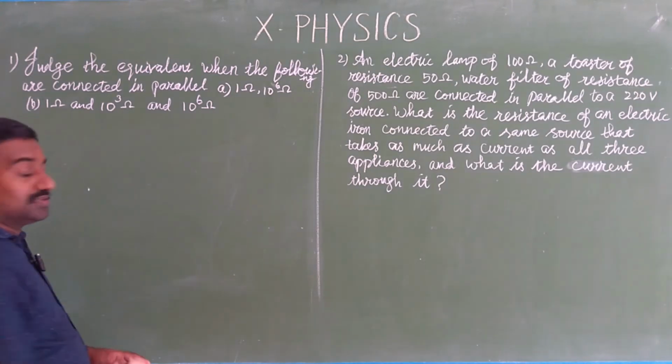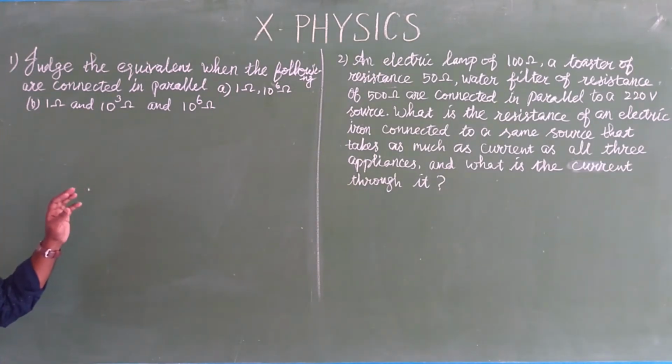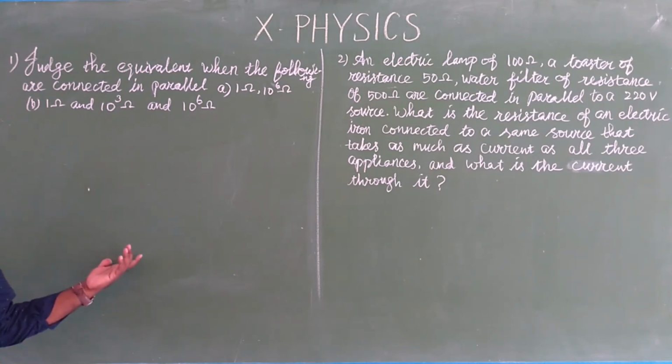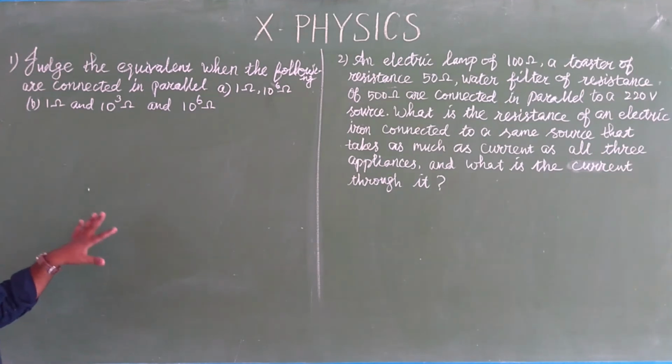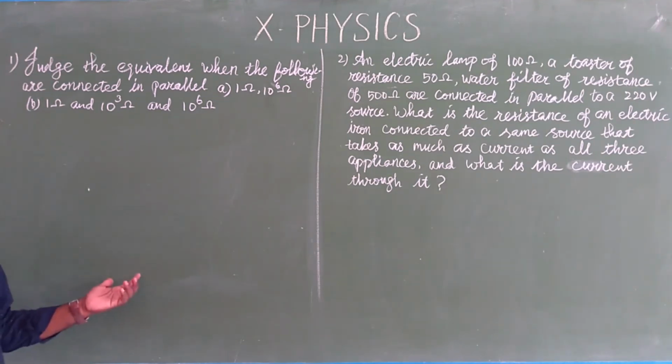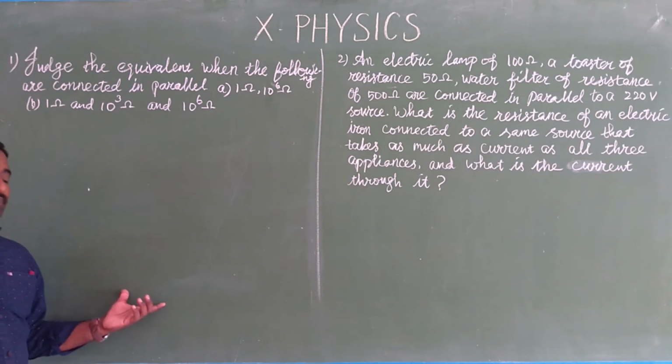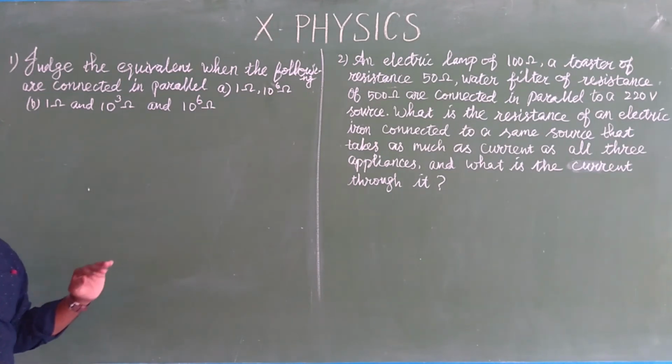Look at the question. This is additional questions, not from the example questions. In some places after the topic they have given additional questions. So we have 5 additional questions. Like this, every topic we have some additional questions. But instead of the theoretical part, we are going to solve some numerical questions alone.